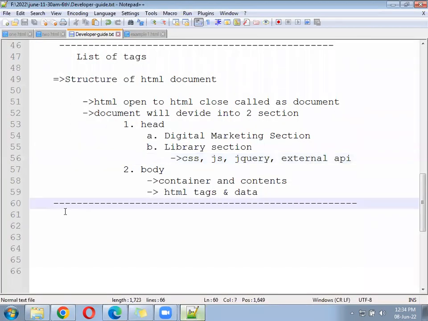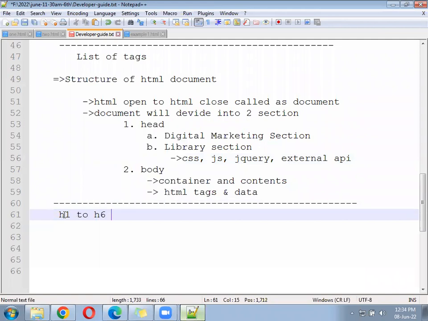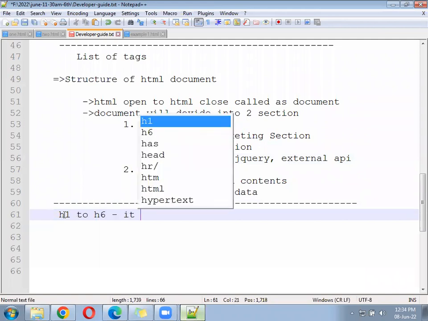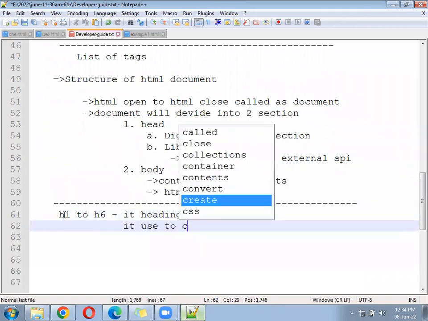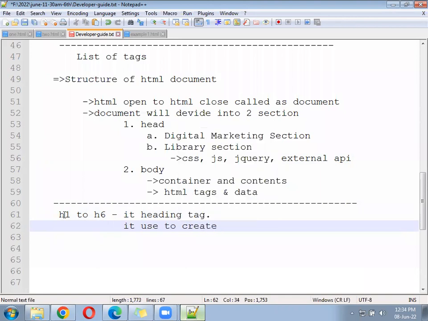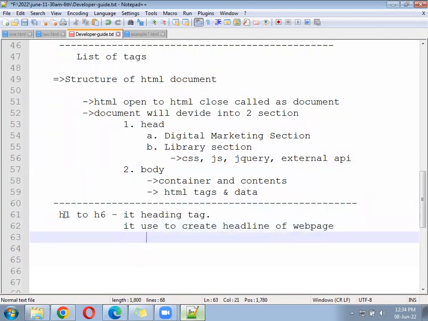Now in the developer guide, we'll make a note. H1 to H6, it is called a heading tag. What is the use of that? It is used to create the headline of the web page. H1 is required